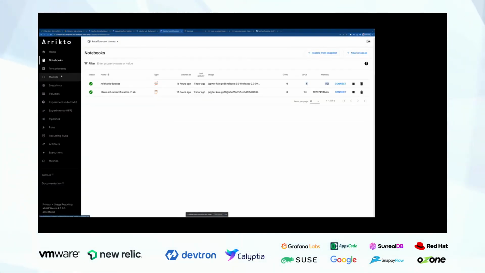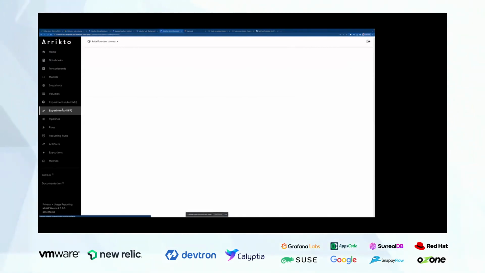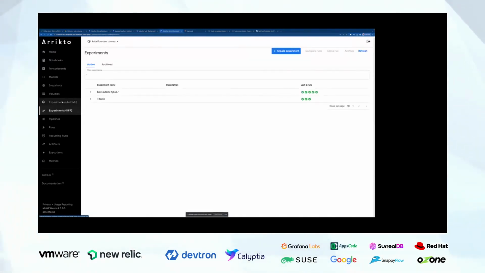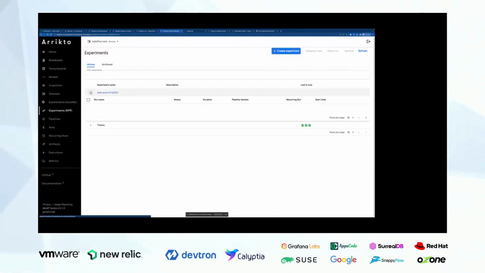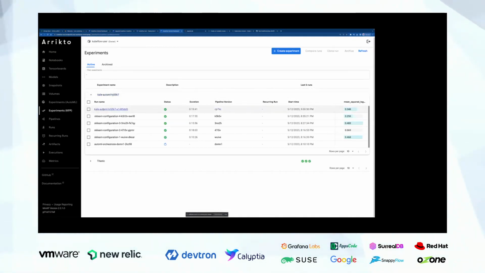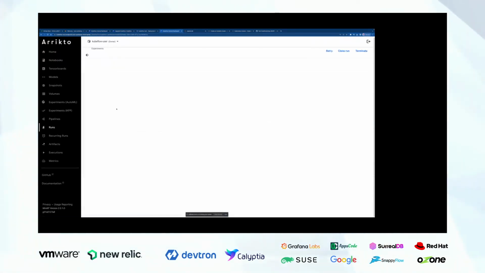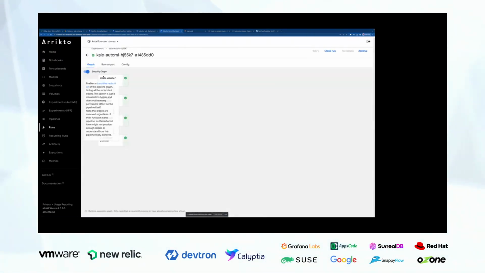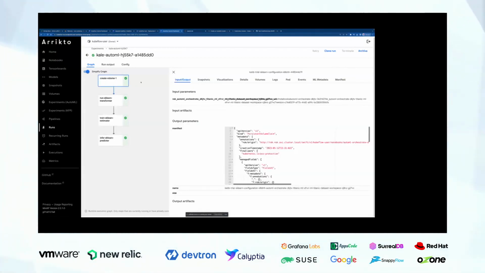The second is let's look at the experiments. So let's say you created an experiment there, and all of your experiments now will be logged here with all the metadata that you have created. Right. So now you can have a good understanding of what that experiment was, what it ran, what kind of metadata it generated, and then you can also have a look at each of the individual steps, right?